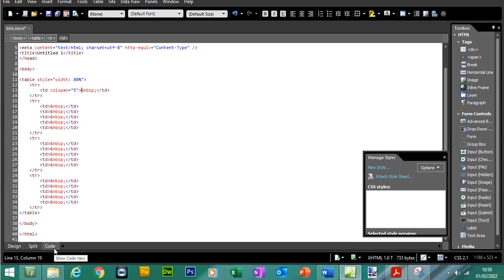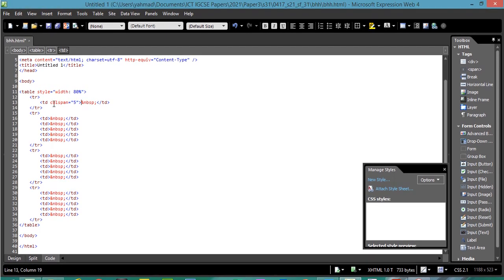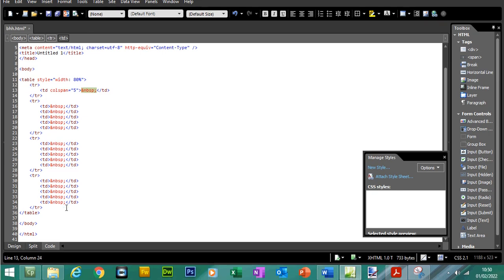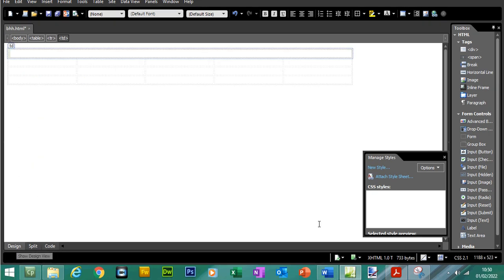So if you go back to the code, you can see this row contains one cell which spans 5 columns. Okay, so this is 1 cell which spans across 5 columns. Okay, so in between this space is where we can insert the content for this particular cell. Okay, so let's go back,